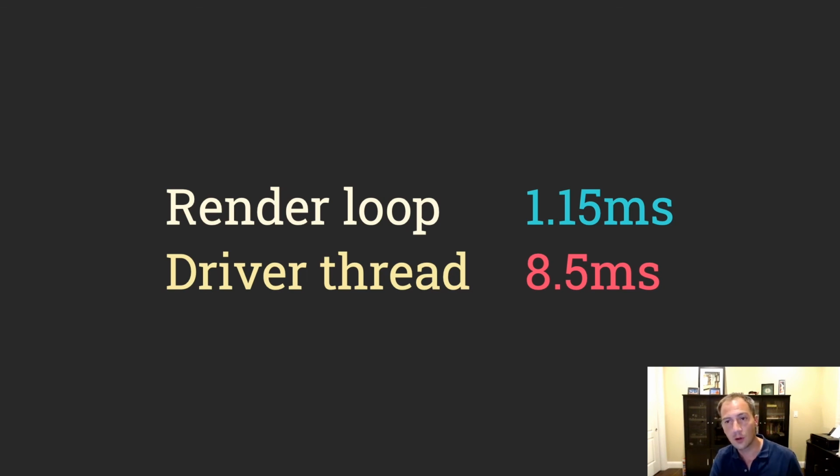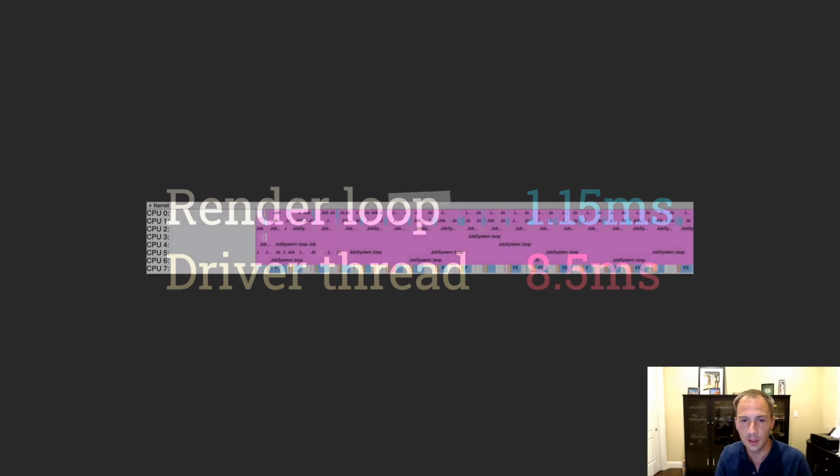And in this scene, we end up with 200 visible objects, so that's 200 draw calls across multiple render passes. That takes an extra 8 milliseconds or so on what we call the driver thread. This is the thread on which we call OpenGL. So as you can see, in Filament itself, we actually don't spend a lot of time.